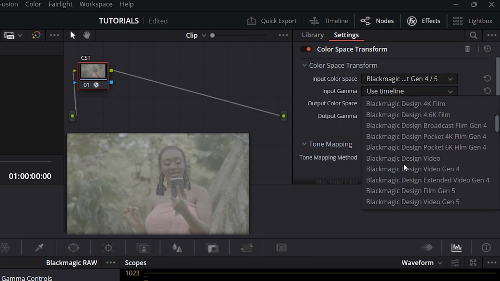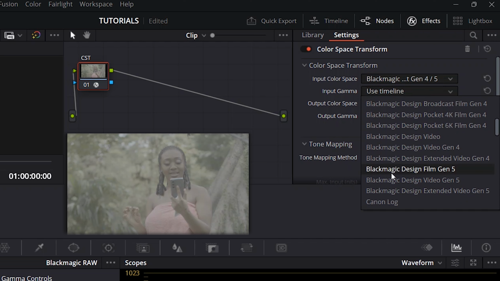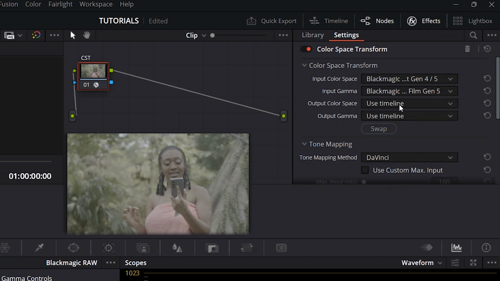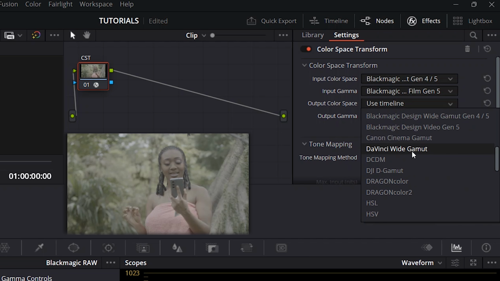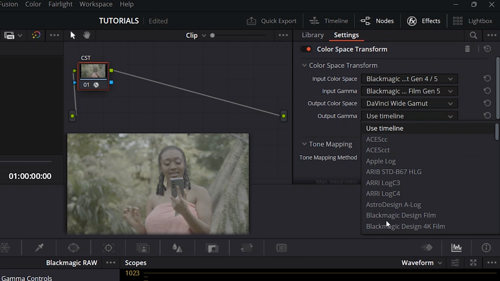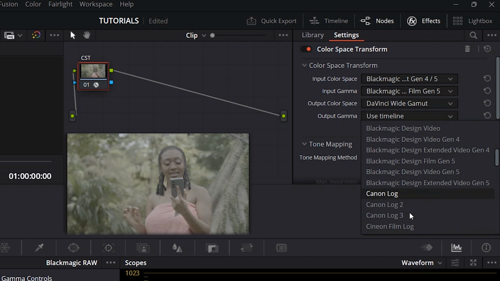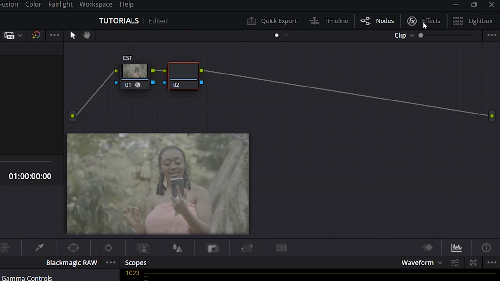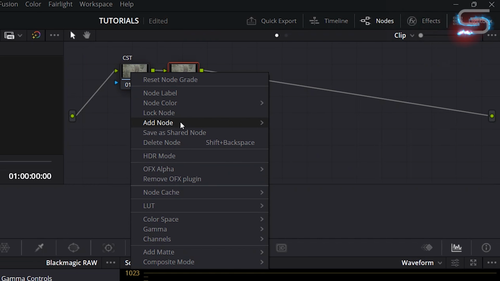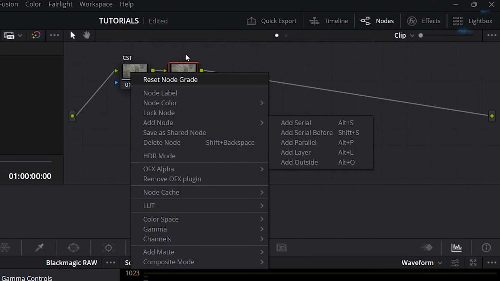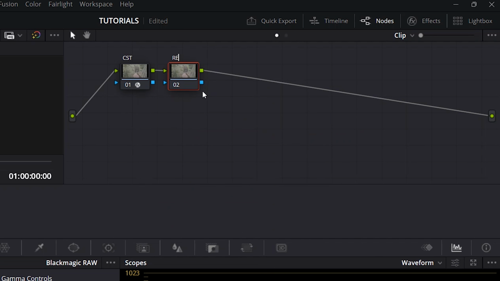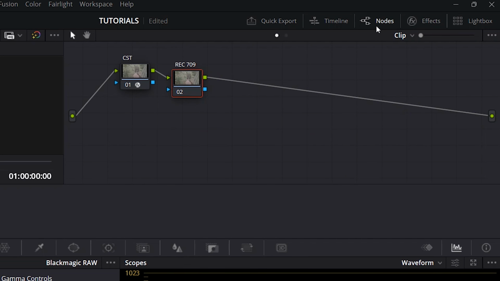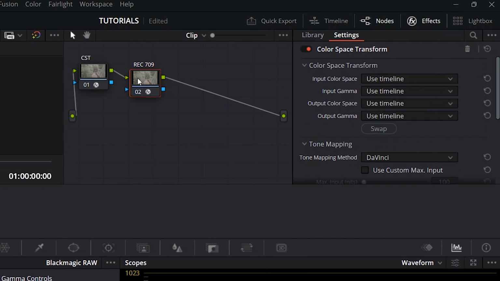and then the input gamma to Blackmagic Film Gen 5, and then the output color space, let's choose DaVinci Wide Gamut, and then the output gamma, let's choose DaVinci Intermediate. Let's add another node by hitting Alt S on Windows, Option S on Mac, or right clicking on the node and then adding a serial. So let's rename this to Rec 709,